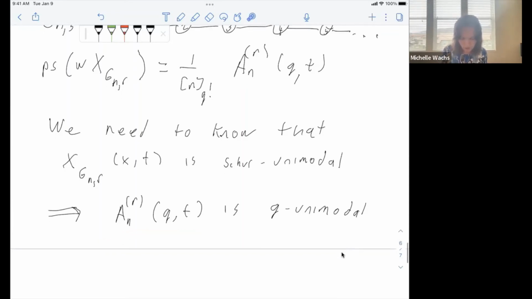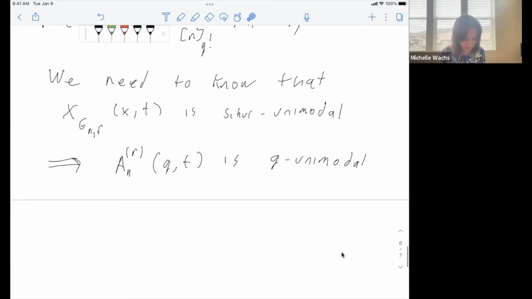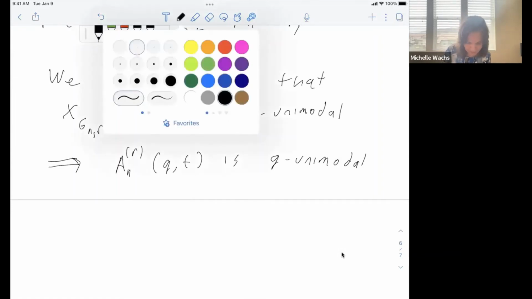Okay, so as in John's lectures, he showed that we can prove Schur positivity by using P tableau. But we didn't prove Schur unimodality. We didn't have Schur unimodality. We only had Schur positivity. So our hope at the time